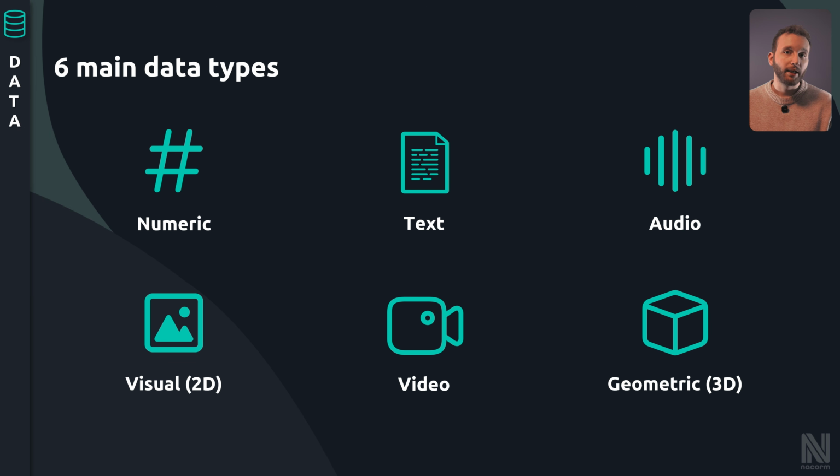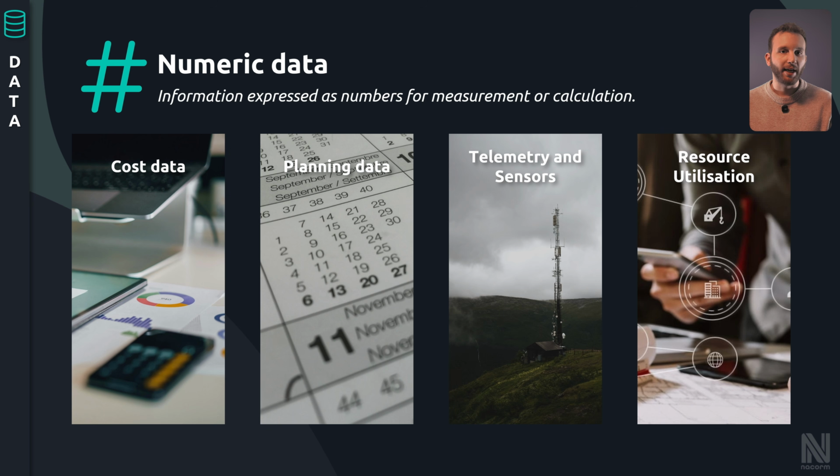There are 6 main categories of data that matter in our industry: numeric, text, audio, visual or 2D, video, and geometric or 3D. Each one behaves differently, is processed differently, and comes with its own set of challenges. Let's go through them quickly. Numeric data is information expressed as numbers for measurement or calculation. In AEC, this includes cost data, planning data, telemetry from sensors, and resource utilization metrics. This is often the easiest type of data to work with, because it's inherently structured, but it still needs to